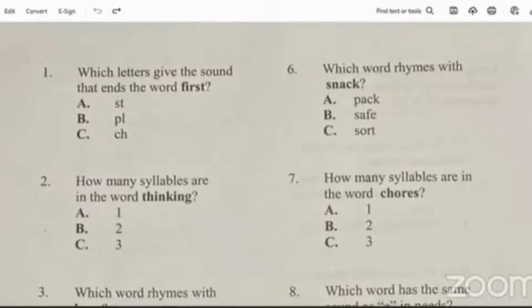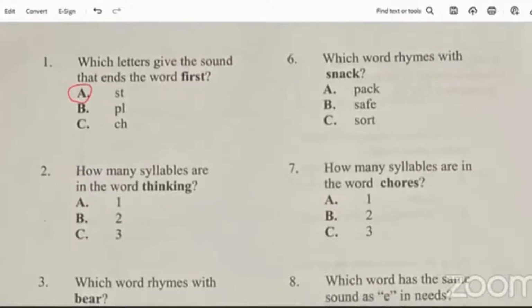All right, so question 1 says, which letters give the sound that ends the word first? Is it ST, PL, or CH? And of course, the answer is A, ST. You notice, guys, the questions are on both sides. There are two columns, so I'll do my best to ensure that you're able to see the questions as I